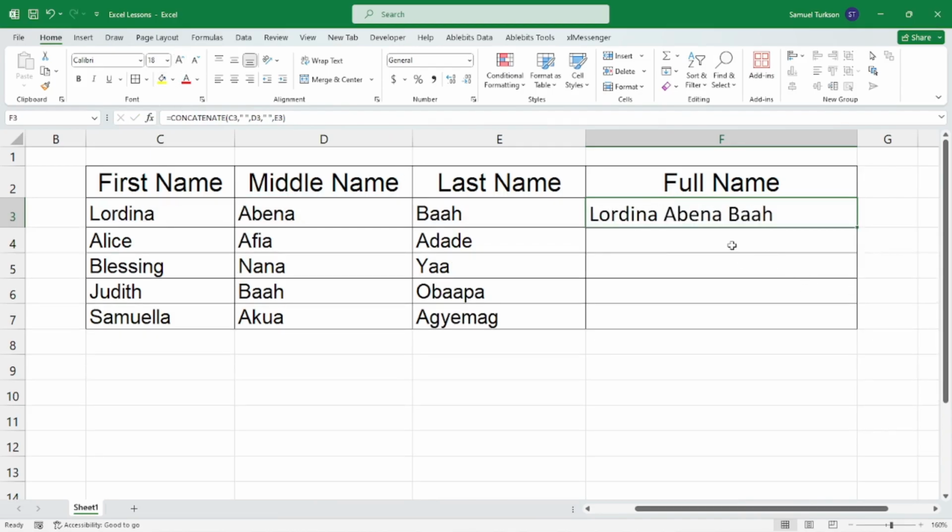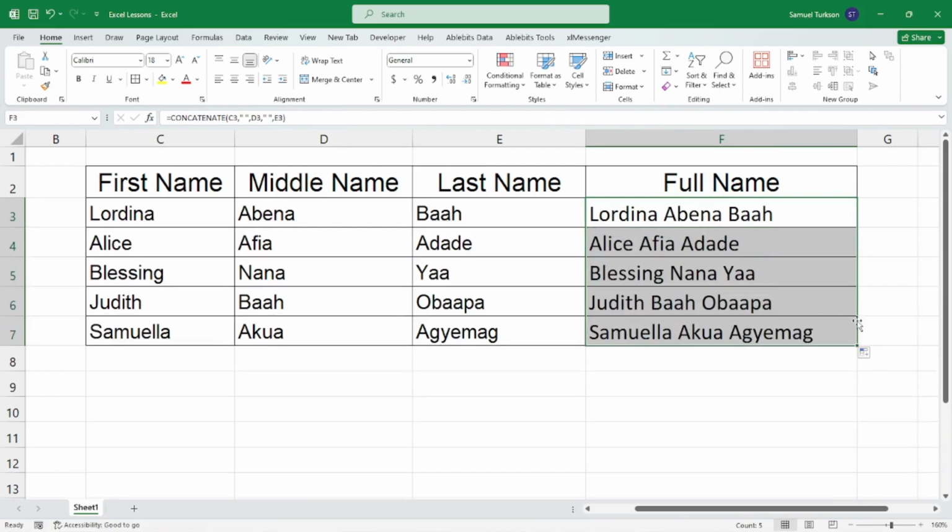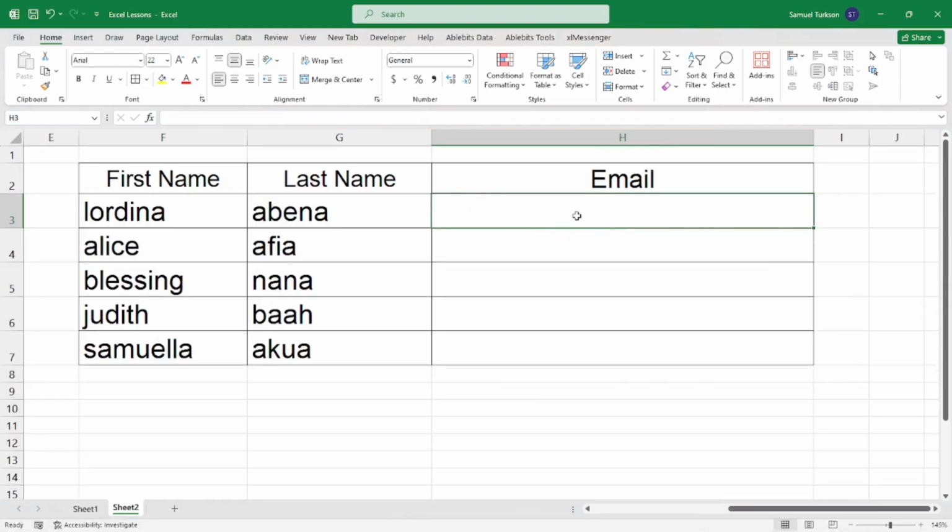Okay, so that is it. So you can just drag it to get the rest of the names. So this is how you can use concatenate in Excel to get the full names from first name, middle name, and the last name. So let's continue to use the same function to generate email addresses for the names we